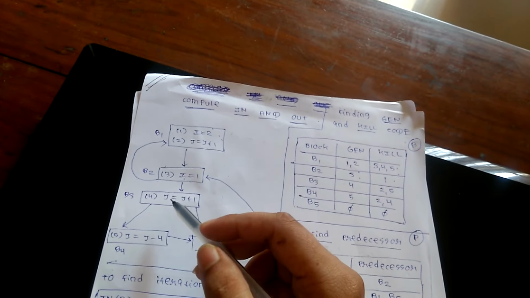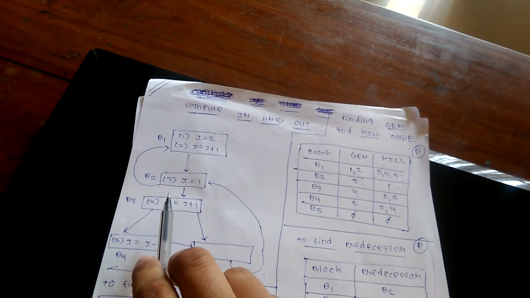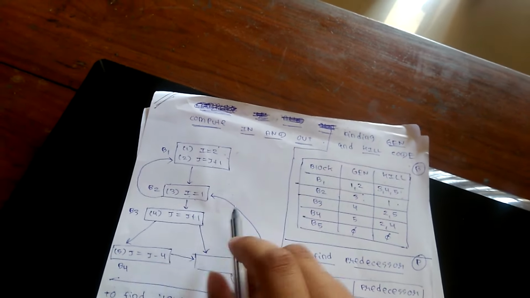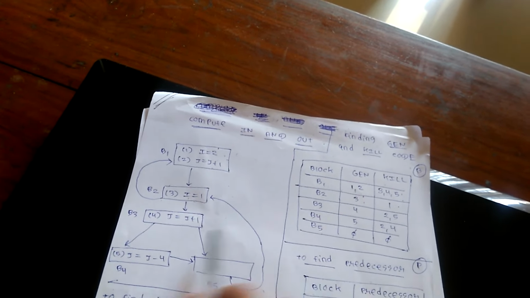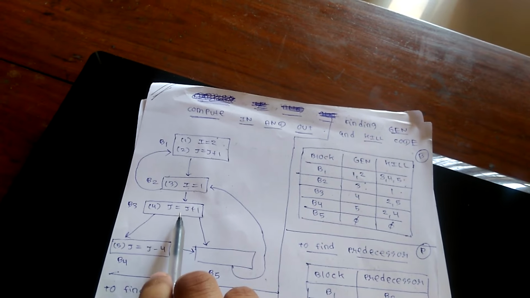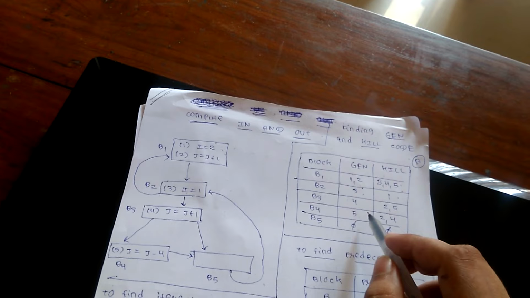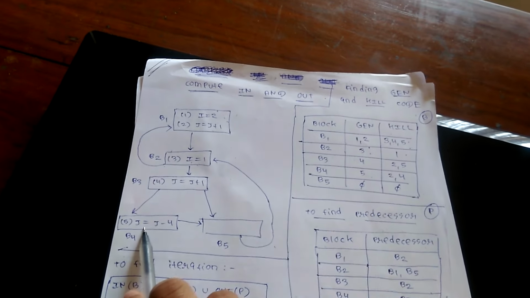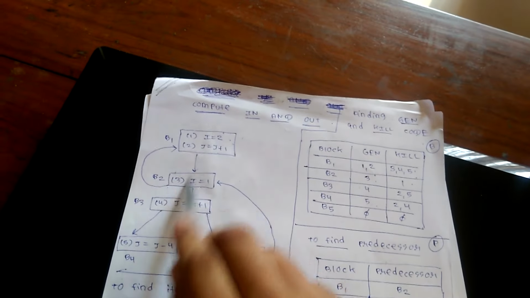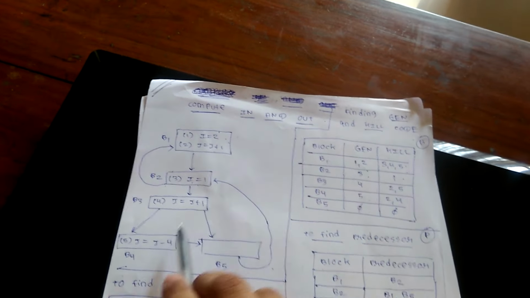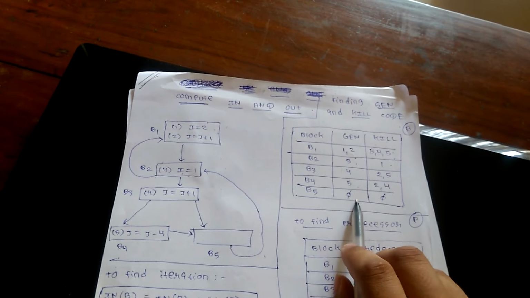Now third block. What is defined in the third block? J is equal to j plus 1. Where else j is defined? In second and fifth. So we will put 4 in gen and the values of 2 and 5 in kill. Similarly in B4, j is equal to j minus 4. So j, fifth is defined, fifth will be in gen, and 2 and 4 will be defined in kill. And in B5 nothing is generated and nothing is defined outside, so the values will be 5 and 5.